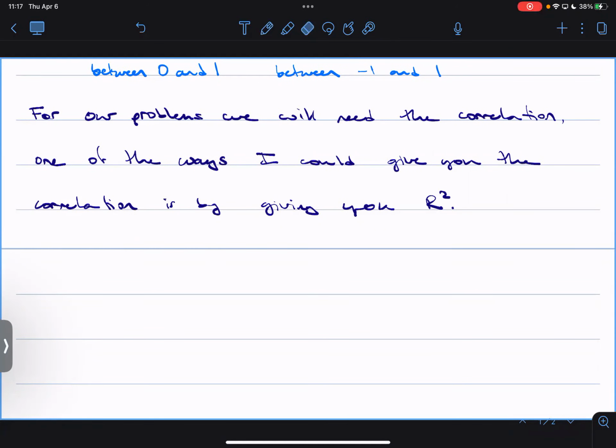I'll say as well, because what else would you need? R squared is between 0 and 1, so it's positive. But then when I take the square root, it's just going to stay positive. So what do I need? I need to know what the scatter plot looks like. Because if you have a negative relationship, then you're just going to tack on the negative. And so as well as a scatter plot,